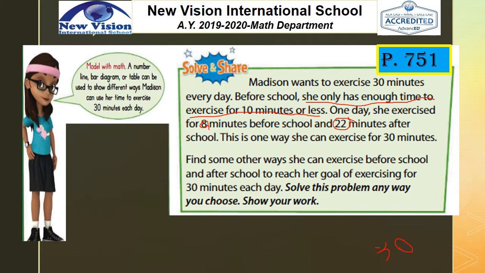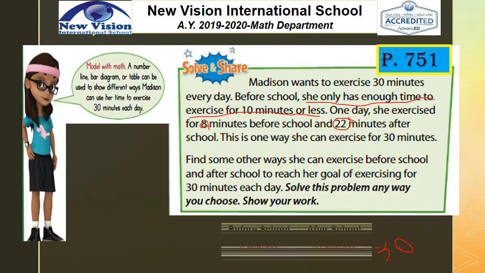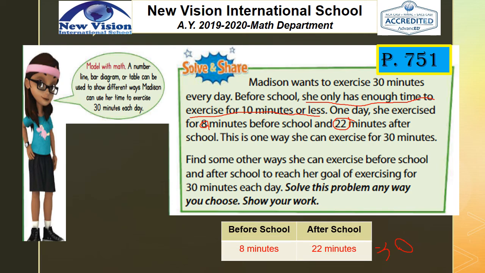Okay, good. Now, we have here the given number. We have before school, which is 8 minutes, and after school, which is 22 minutes. Now, if you add 8 plus 22, that will result to 30. So meaning to say,